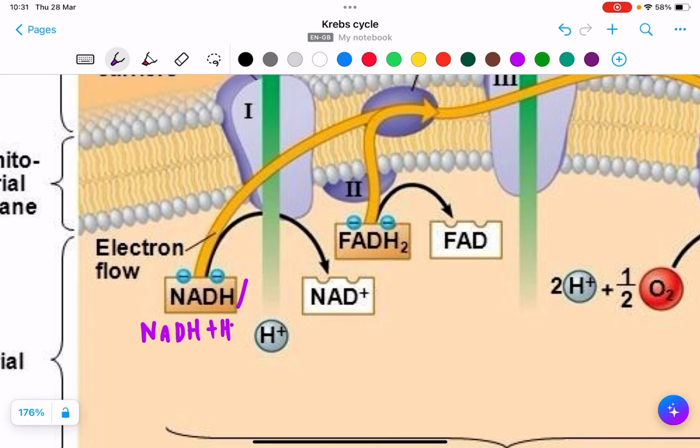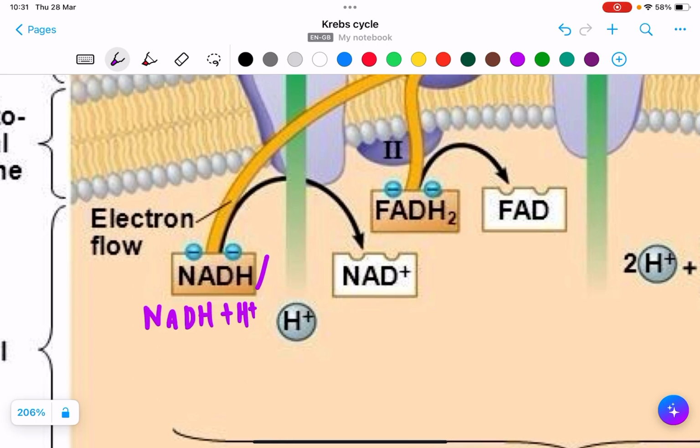These NADH plus H plus are coming from glycolysis, step number 6, coming from pyruvate oxidation, and also coming from the Krebs cycle. So in total, we have 10 NADH plus H plus that are going to be used in